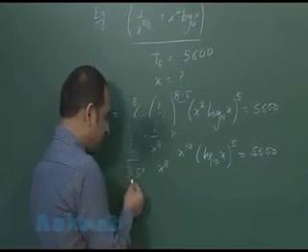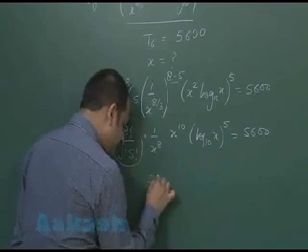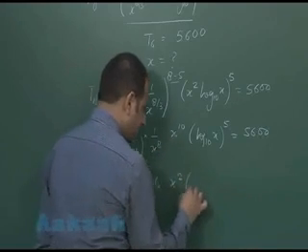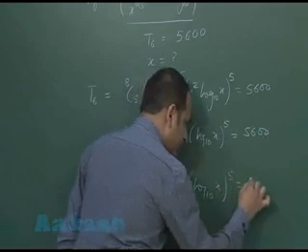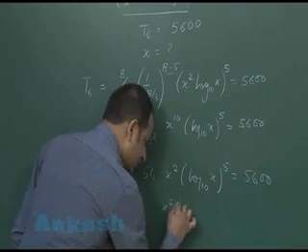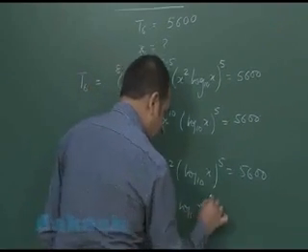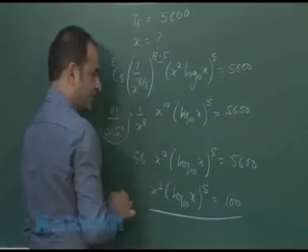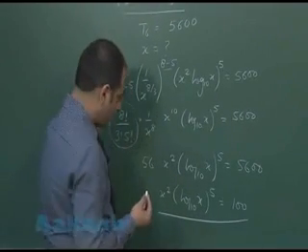If you calculate this term, this will be equal to 56, and here we have x10 upon x8, x square, this is log x base 10 whole raised to power 5, equal to 5600. From here we have an equation which is a product of x square and this logarithm term. Now we have to stop here because this can't be solved. This is a very different equation. We have to go for hit and trial.